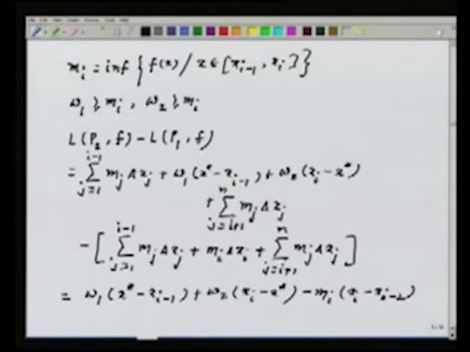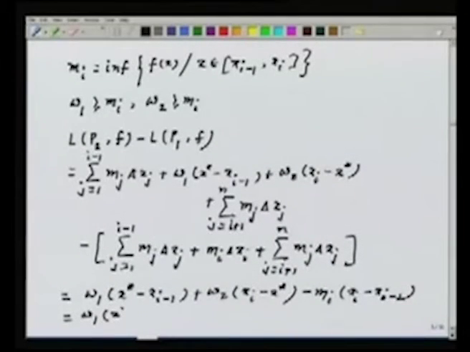Okay. So what I have done is, it looks so complicated, I have just concentrated on the ith term in the sum of LP2F and have broken it, written it in terms of x star. And while looking at LP1F, I have just separately written down the ith term. All other terms I have kept in the summation. And then you can see that because of the cancellation, only the ith interval is going to matter, others are cancelling themselves. Well, the final step then is, I can write this as W1 times (x star minus xi minus 1)